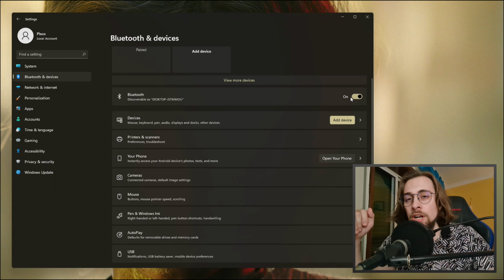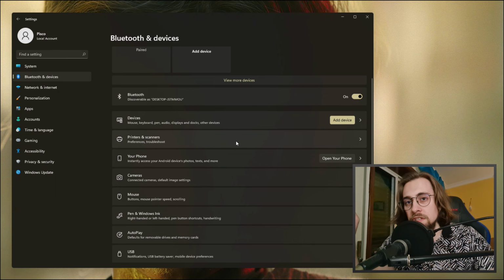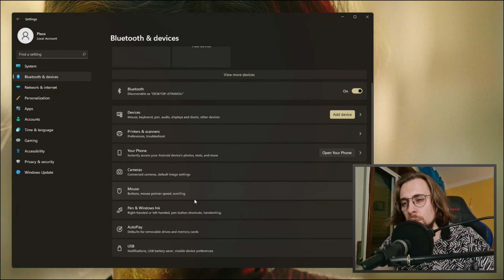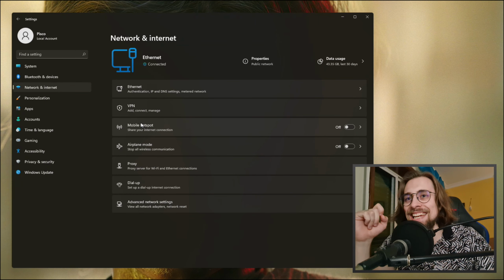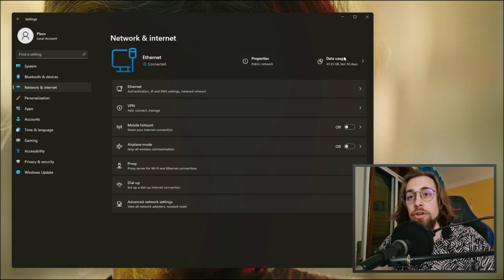The Bluetooth on and off. The add device option is now just here, simple. You have devices, you click add device and you add the device. Printers and scanners, your phone, so you can connect your phone, cameras, mouse, and so on. Pretty nice so far. In the network and internet, you have your connections, so the Ethernet, and